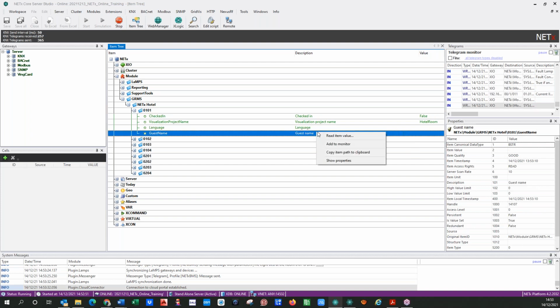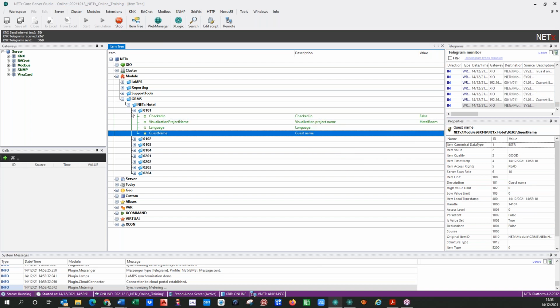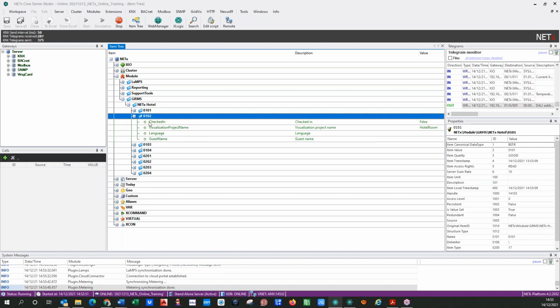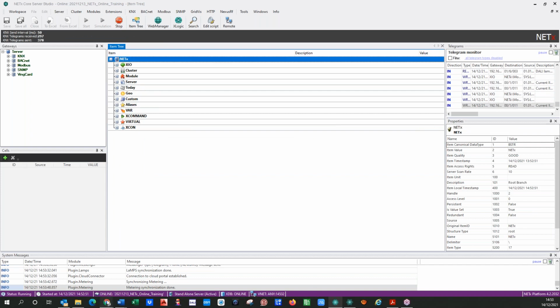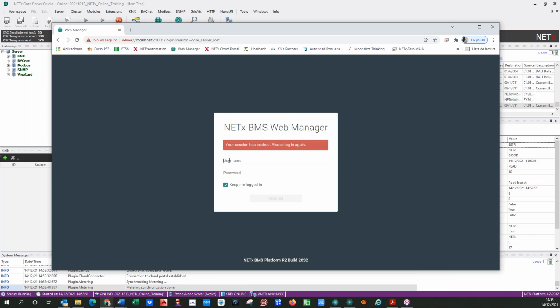We cannot change these values because it seems that there is another system that is going to give us this information. But you get all this information here, and you get in the web manager automatically the rooms have been created. So it's what I wanted to show before, but we needed to restart